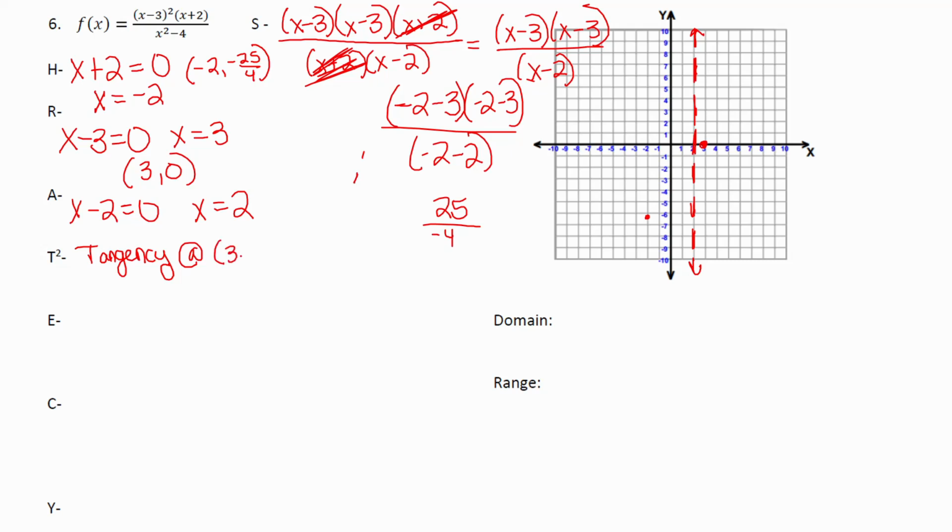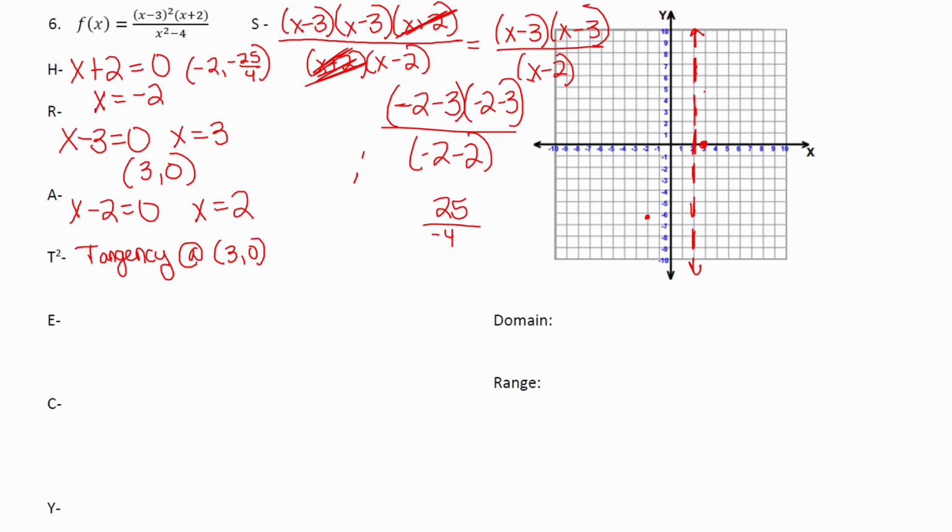Tangency at 3, 0. Why is it 3, 0? That's because that is what was doubled up. I doubled up x minus 3 in the numerator, which gave me a root of 3, 0. That's why I'm saying that I am tangent at that point. What does it mean to be tangent? That means instead of going through the x-intercept, you're going to bounce off of it. You're not going to go through the ordered pair right here. You're going to just